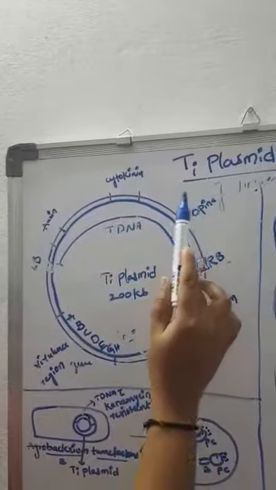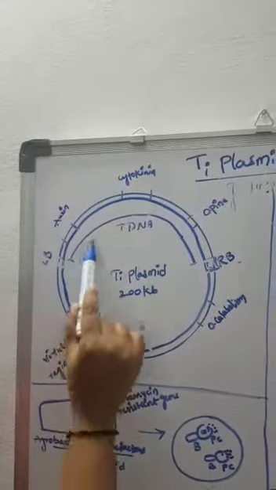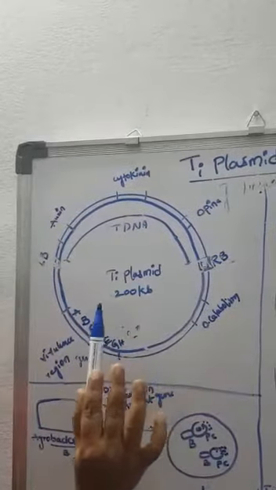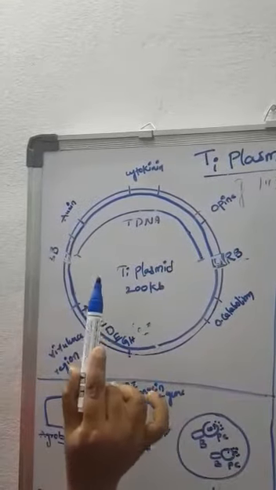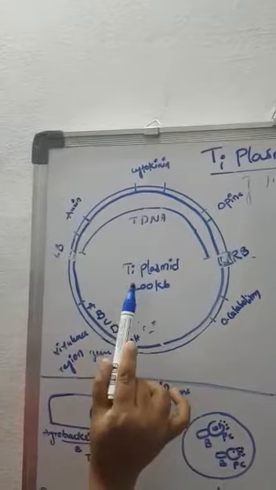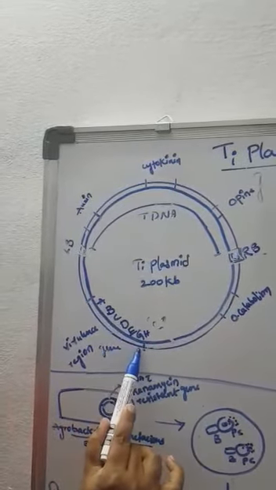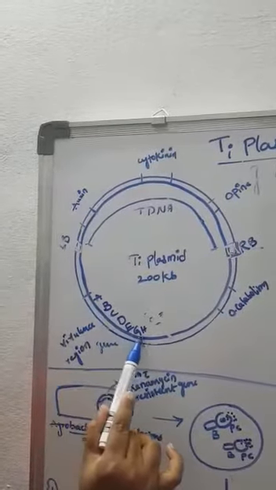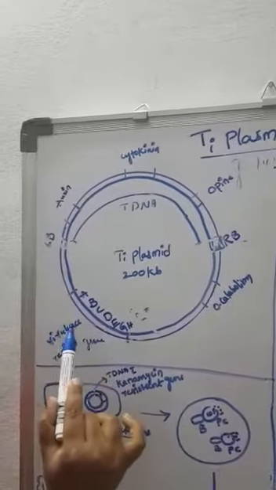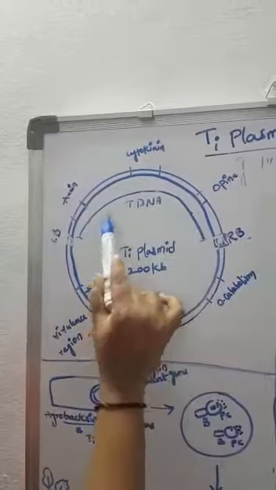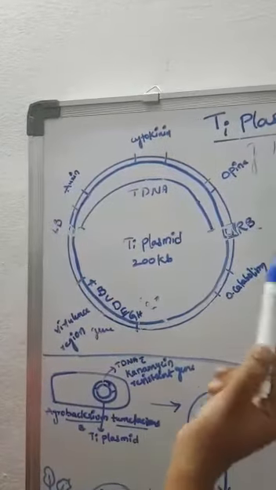The TI plasmid, tumor inducing plasmid, consists of the Vir region and the tDNA region. The TI plasmid is a conjugative plasmid of about 200 kb. This plasmid has the Vir region, consisting of Vir genes in about 7 operons, and this Vir region helps in the transfer of the tDNA region from this bacteria to our desired host.